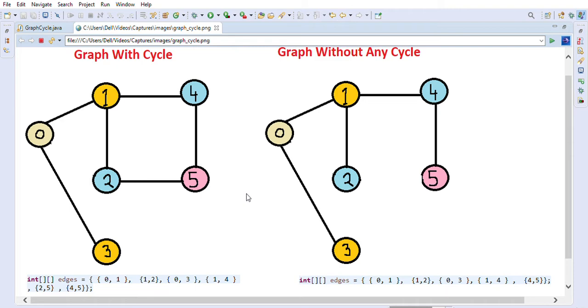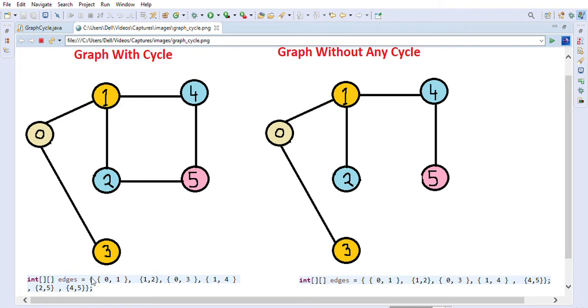And the technique we are going to use to solve the problem is BFS, or breadth first traversal of the graph. If you are preparing for any Java coding interviews, then graph problems are very common, and you should prepare for these kinds of problems, like finding out if a cycle exists in a graph. This can also be asked in whiteboarding sessions, so you have to explain step by step how you can find a cycle in the given graph.